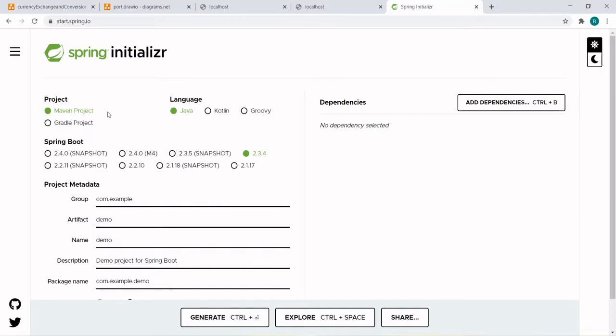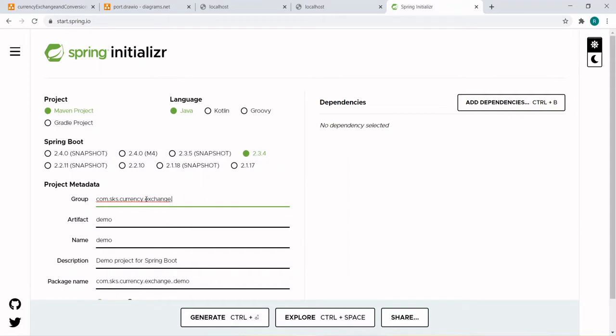We will be selecting the Maven project, the language Java, and we are using the Spring Boot version 2.3.4. So make sure across all the microservices you should have the same version. And we are giving the group name com.sks dot, let's say, currency exchange.